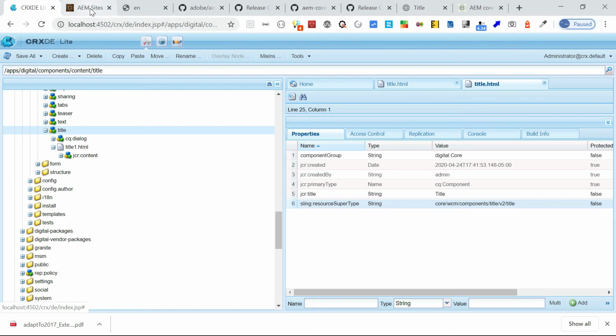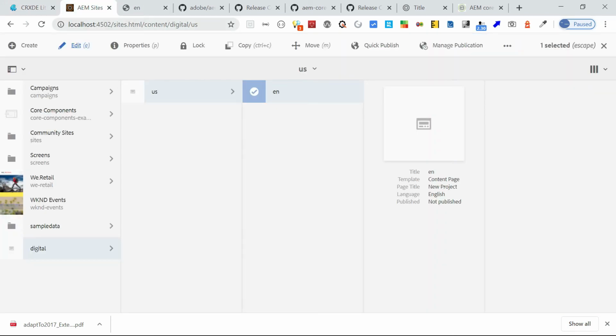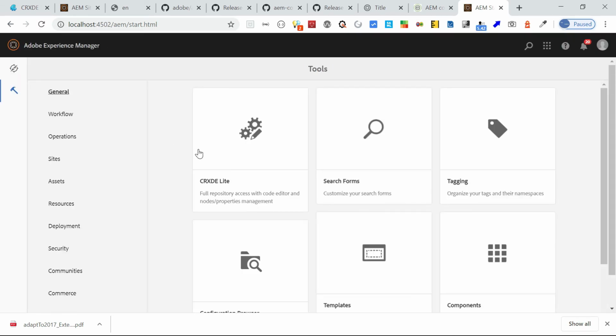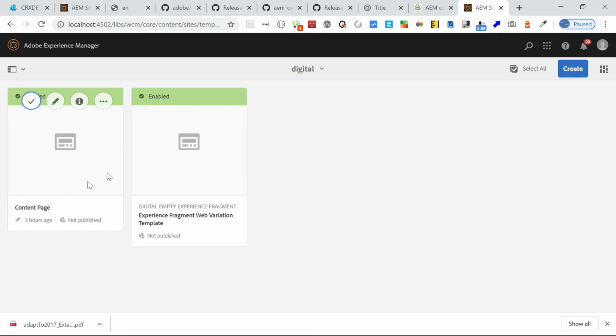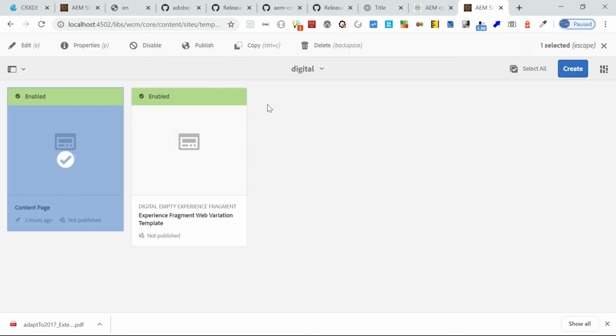Now let us first go to the templates. There is a default template created, content page. Now let me edit it.